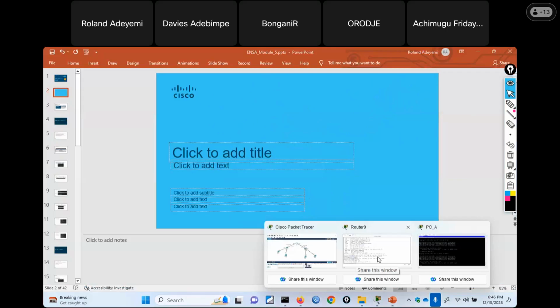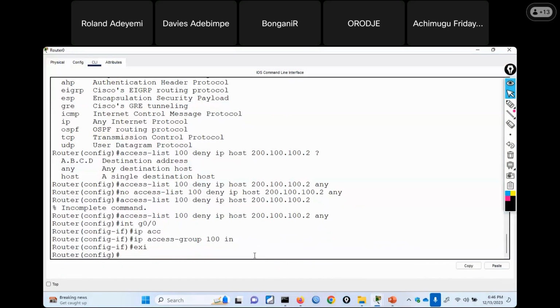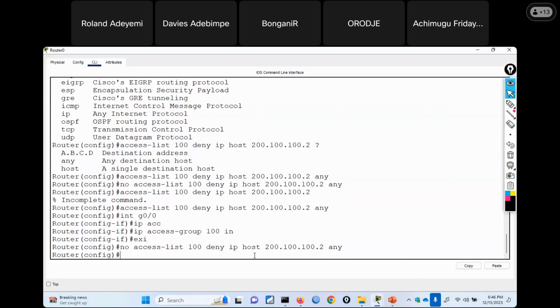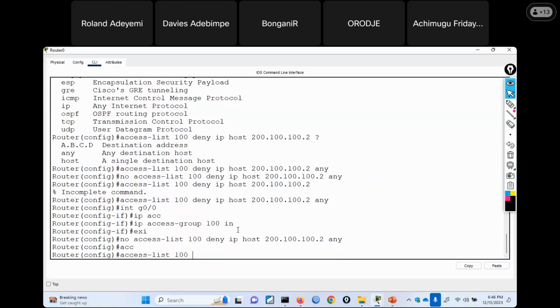So let's get rid of the access list we created already. I will still use access list 100. What do I want to do? Deny IP. And let me tell you something. When I say deny, okay, let me finish this statement before I explain it. Deny IP host 200.100.100.2. That is the source. To talk to who? Host